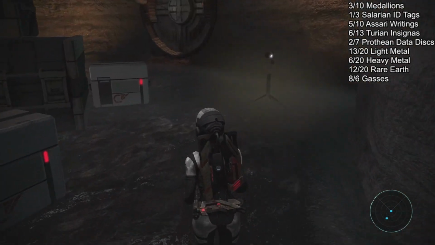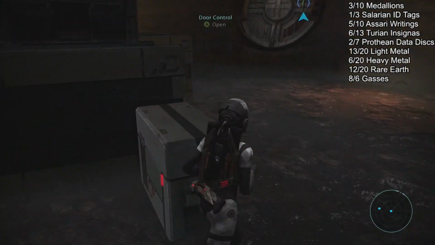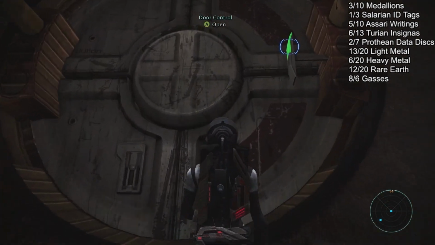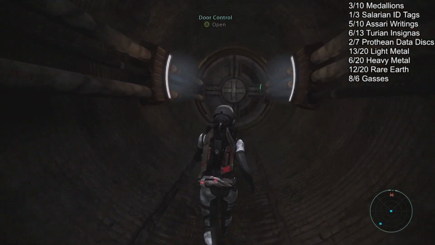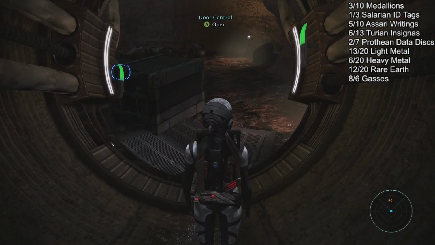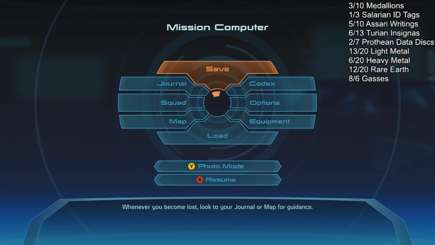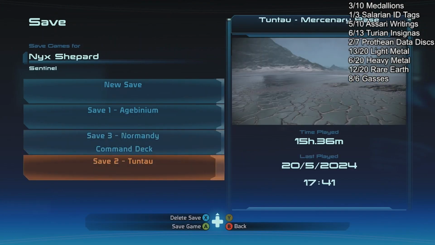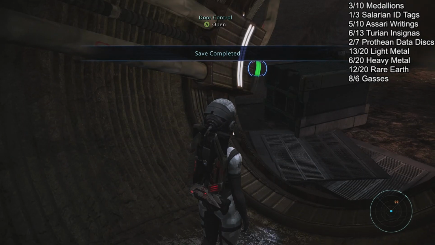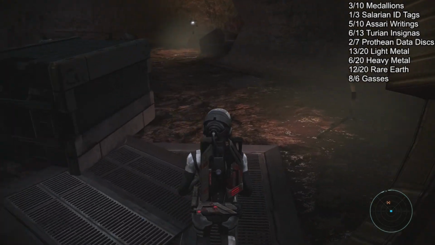Alright, once you've kind of explored and found stuff, obviously at my difficulty there's not a lot of stuff to find. Or I'm just misremembering this one. We're gonna go down here. We're gonna open the door. Get ready. I would also say save here, because if you want to leave, I think you could still leave. But once you go in here...